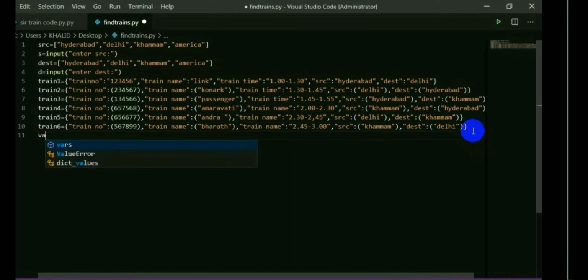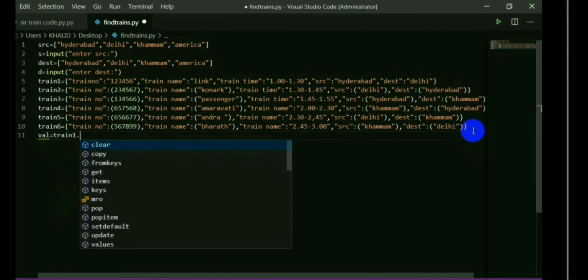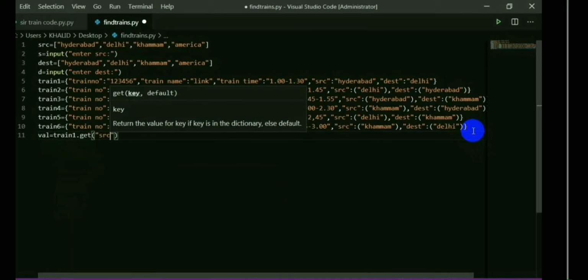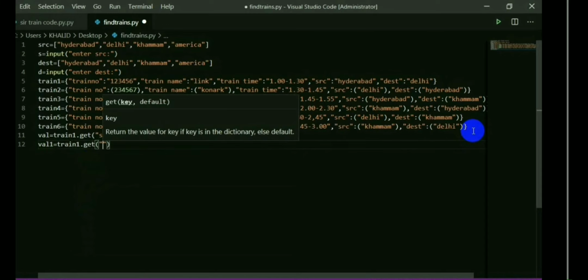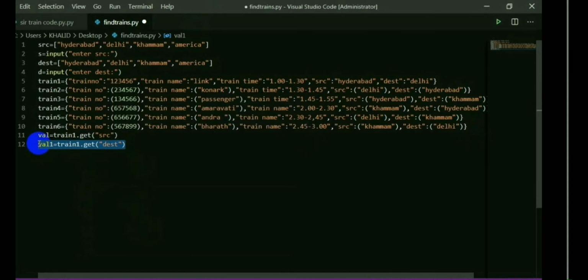So as you can see now, I have created 6 trains. Now create values for the trains. In value you must give the train dictionary name and the source and destination as well. So for 6 trains you need to create 11 values. I'm not giving a value number for the first value, I'm just giving it as val. VAL itself is value.